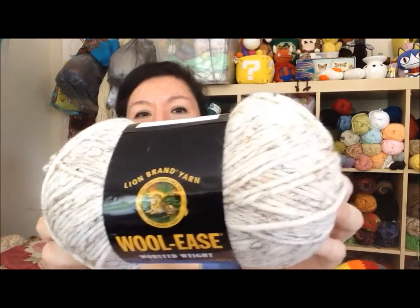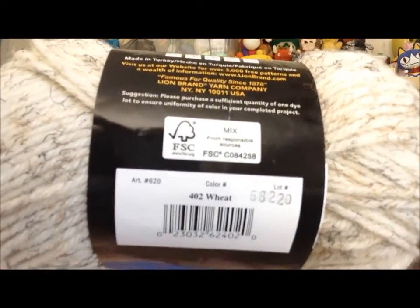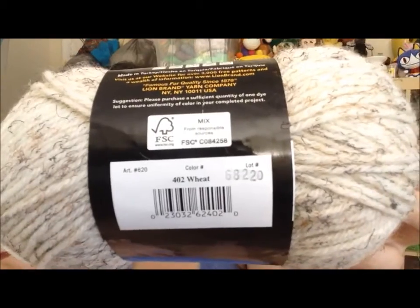This is Malon Brand's Wool Ease Worsted Weight. I like the color lots, and the color is wheat. I like that. Now the question is whether I'm going to be making something for myself or for my son,